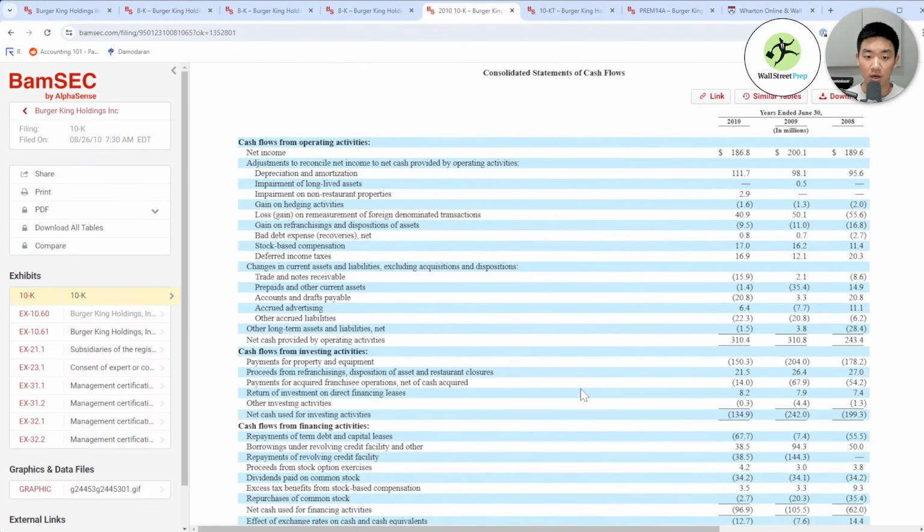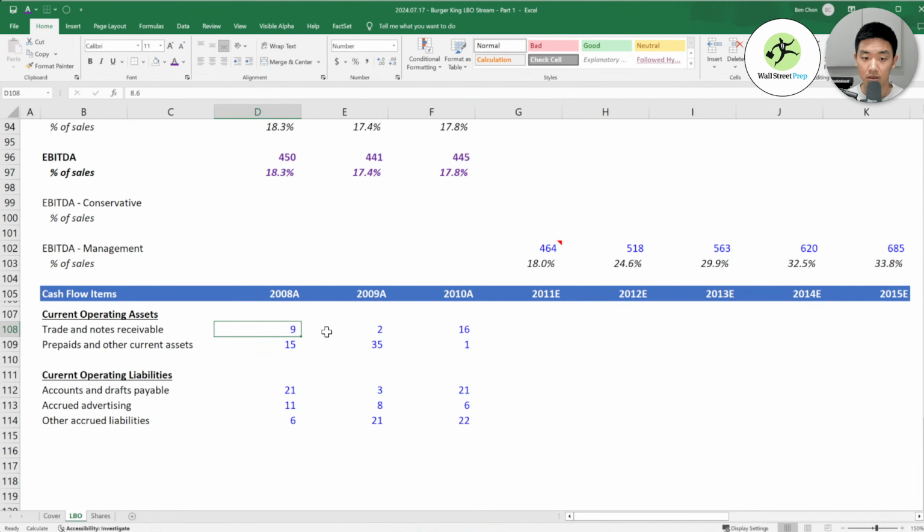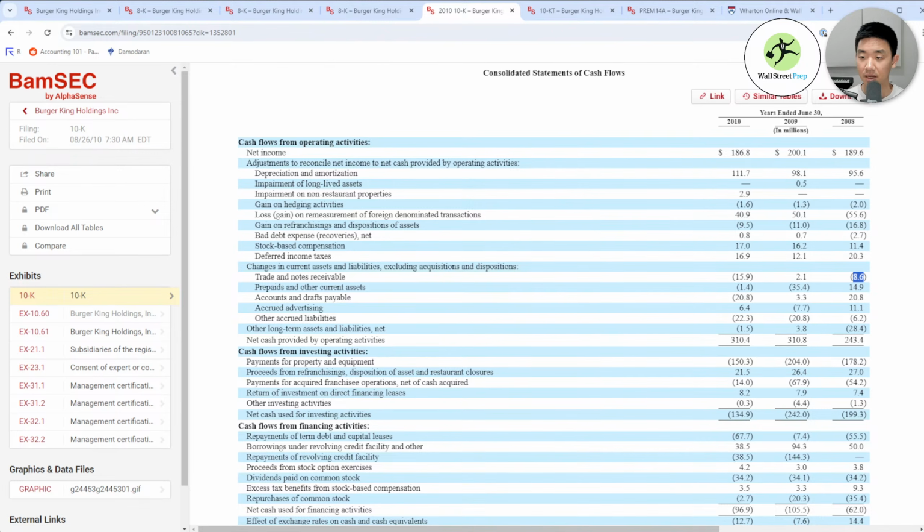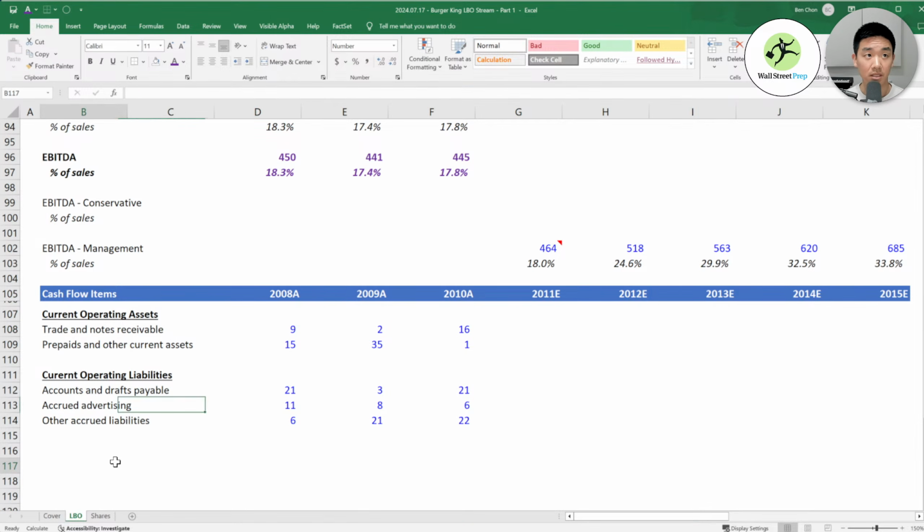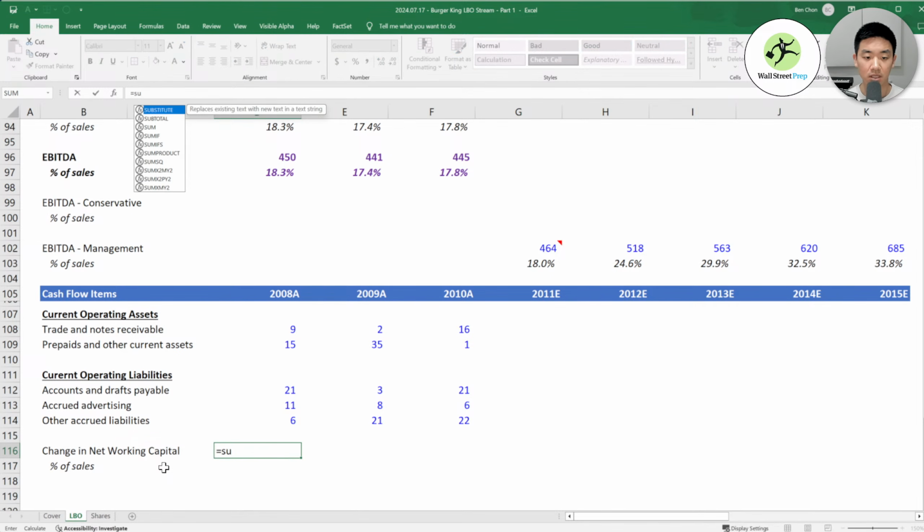So we have all the numbers as positives here because I copy pasted it. Actually, let me do this part first. The way we're going to be calculating this is equals the sum of your current assets minus the sum of your current operating liabilities.